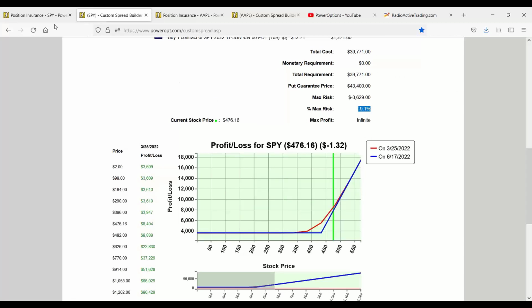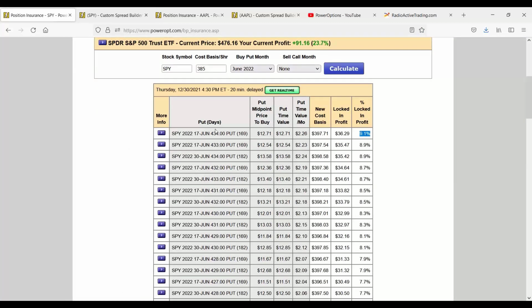And let's go back to Kim's question. We're looking at the 434 put. It's going to cost me $12.71. Okay, so we bought the stock. We have SPY at 385. We're buying this put for $12.71. Right now, we have an unrealized profit of $91.16. So when I buy this